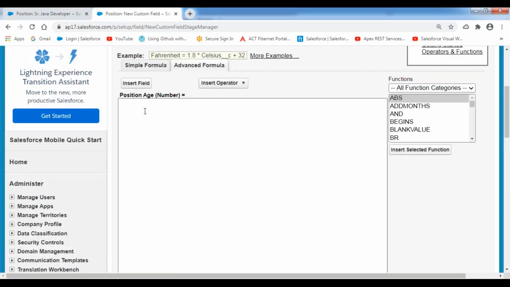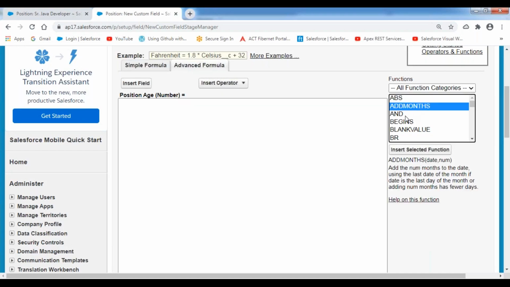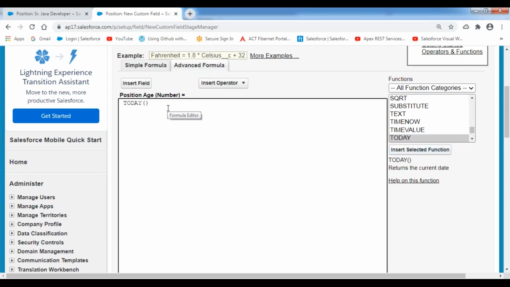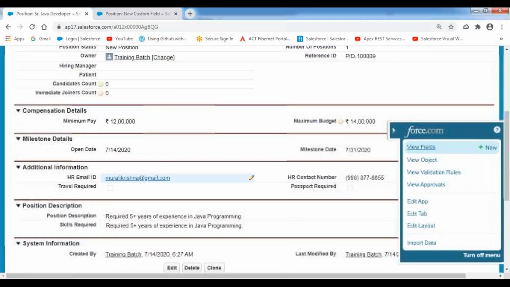Specify the formula condition. I need to collect the Today function. The function names are available over here. Select Today and click on insert selected, or else you can directly type the function name, no problem. Today minus the position open date. That means from which date the position is open, like the birth date.